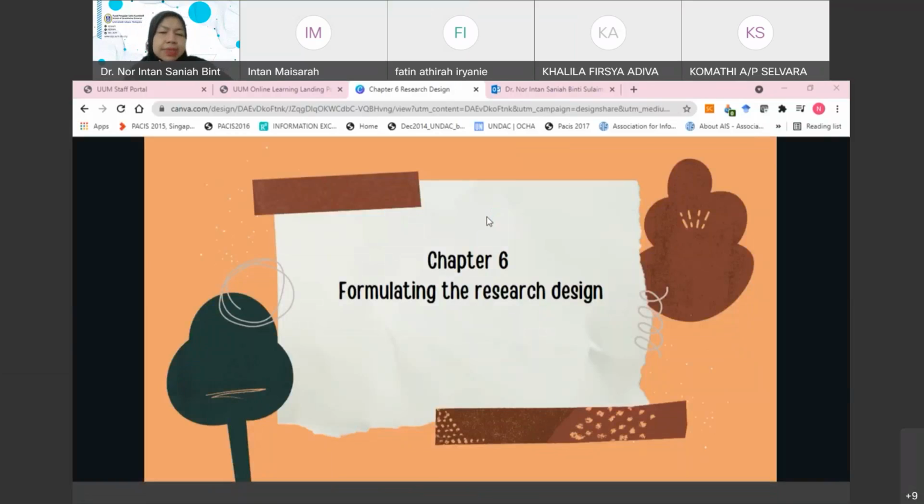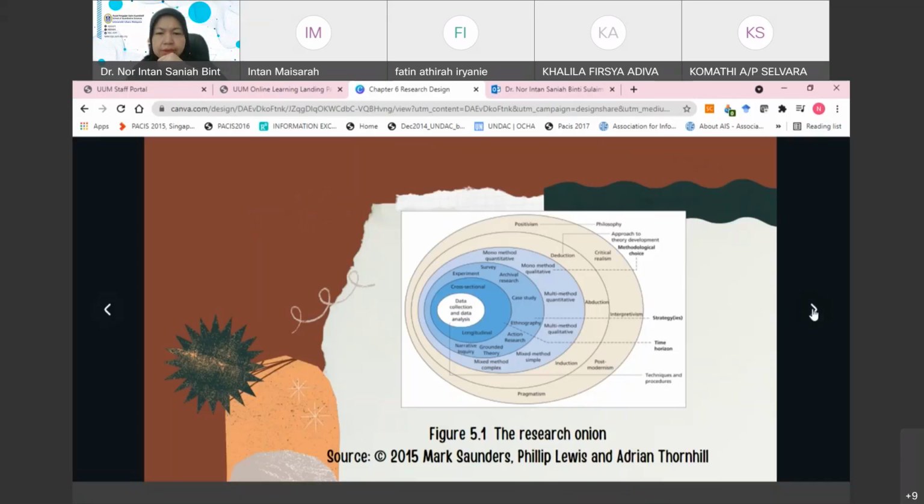So besides formulating, we also will get to know the hypothesis and theoretical framework. Actually, I combine it from Sekaran's book, as well as John Willis on the second part. Sekaran's book is based on Saunders. So from Saunders,